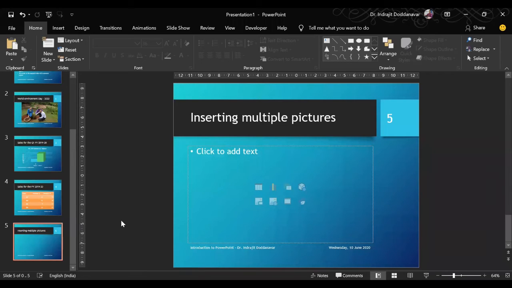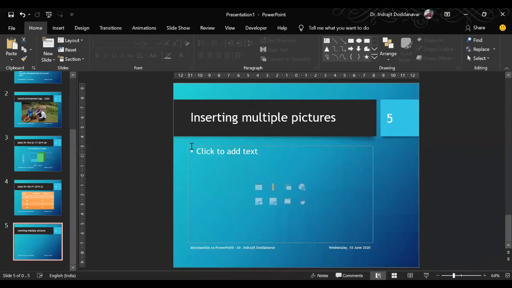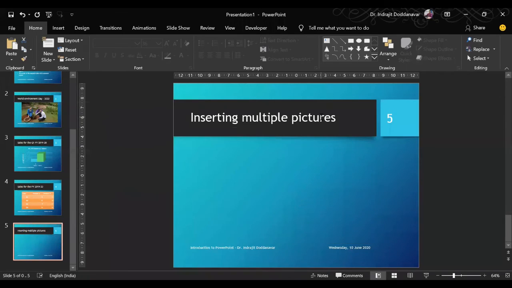How do we change the layout? We go right click here, we say Layout, and from the layouts there are so many layouts which you can find. You see there is Two Content, here we have got only one box where you can fill your contents. When you consider Two Content, you will get two columns of contents which you can fill in. But now we are only concerned with Title Only. Meaning what? When I click this, we get only the title, and we do not get the text box anymore.